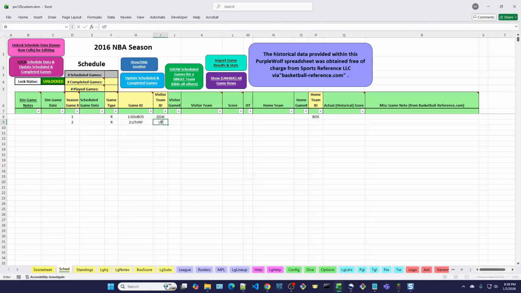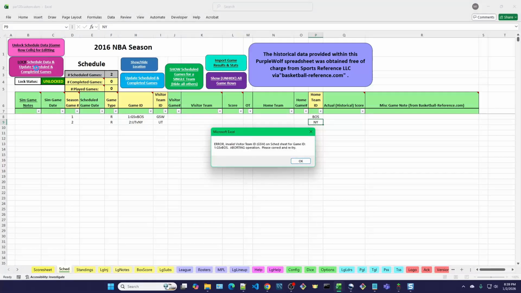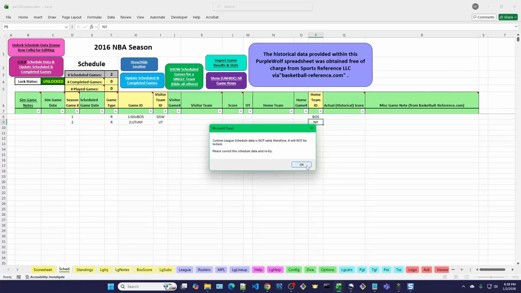So this is Utah and New York Knicks. Now what I'm going to do is click the lock. This is kind of like the validate button, and it will hopefully fill these in or tell me if I have any problems. And here it's telling me I have an invalid visitor team ID of GSW in game ID, this one, which makes sense